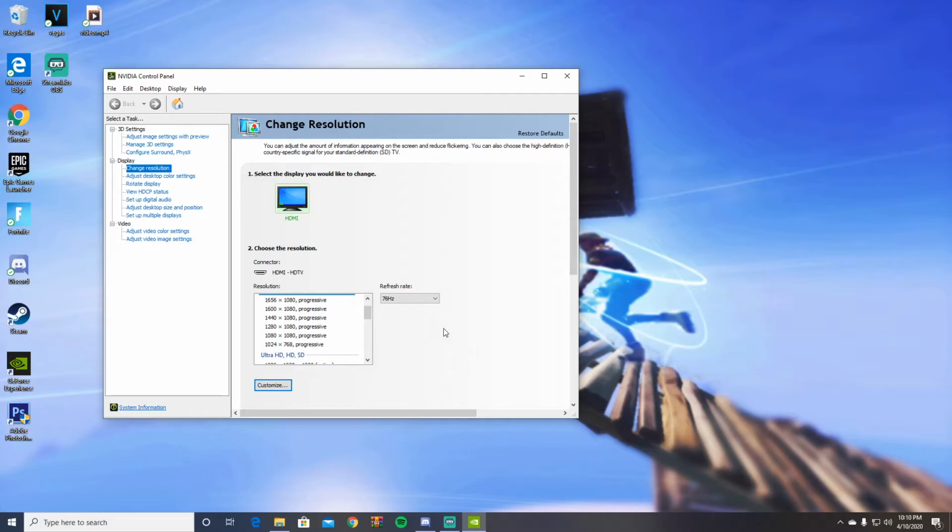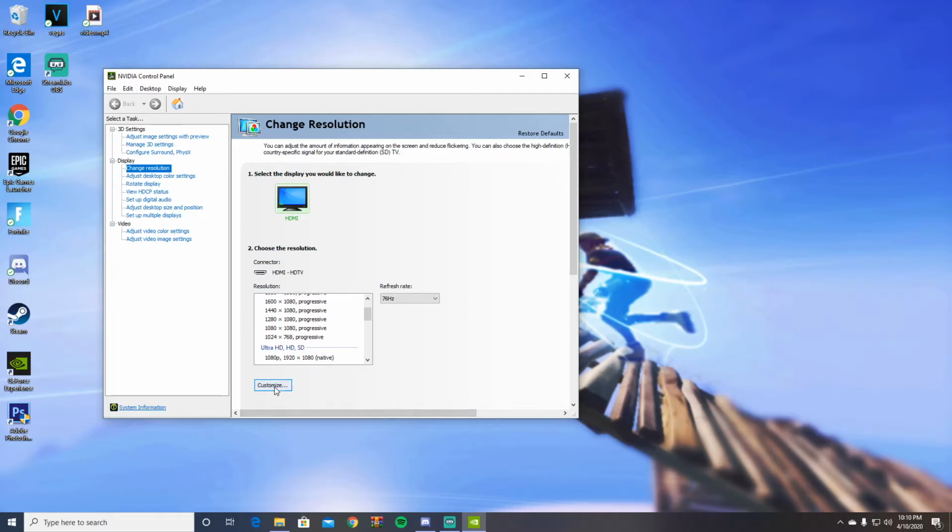The best ones, I say personally, are 1440 and 1280. Those are the two best ones. The rest, I don't really like them, but it's preference. If you like them, you like them. If you don't, you don't. But for low-end PCs that can't run good settings like 1080, if you can't run 1080 but you can run 768, 1024 by 768 is the best one. I personally play on 1280 by 1080. So